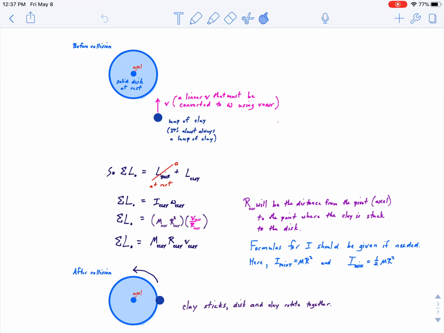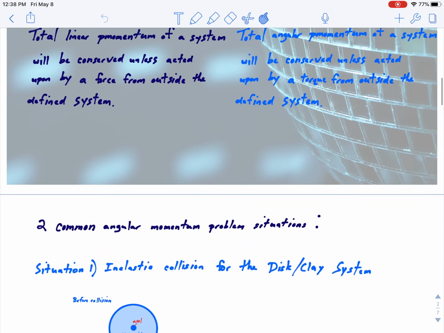What we're going to do here is say that the sum of the momentum initially is going to be the angular momentum of the disk, which is 0 because it's at rest, plus the angular momentum of the clay. And so the sum of the momentums will simply be the rotational inertia of the clay multiplied by the angular speed of the clay. Now this is where that conversion has to come in. We're going to say that the angular speed of the clay is equal to its linear velocity divided by r, using that formula